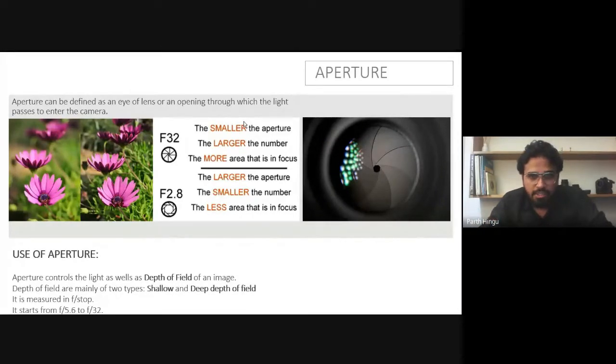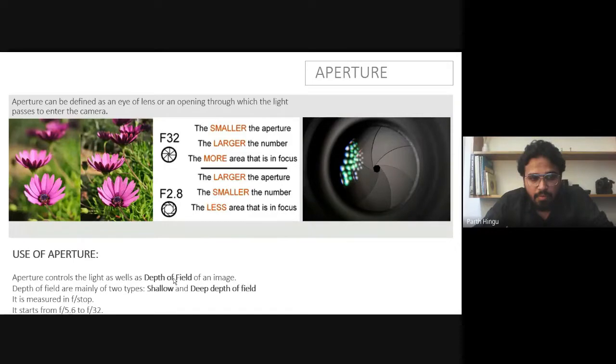When you are outside, you just need to increase the aperture number. The aperture is counted in f number. It's an f stop. It comes in the camera. You need to increase the number so it will decrease the size of the aperture. This is the size at f32.